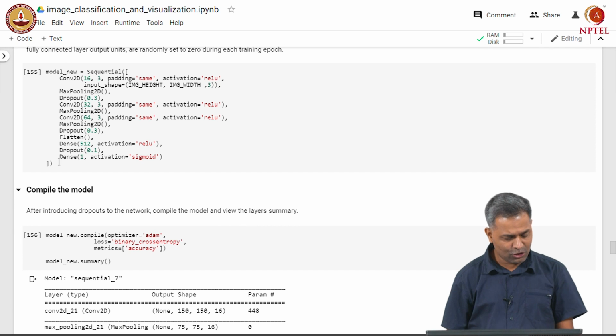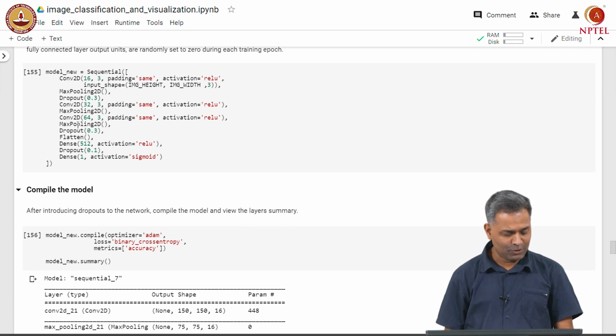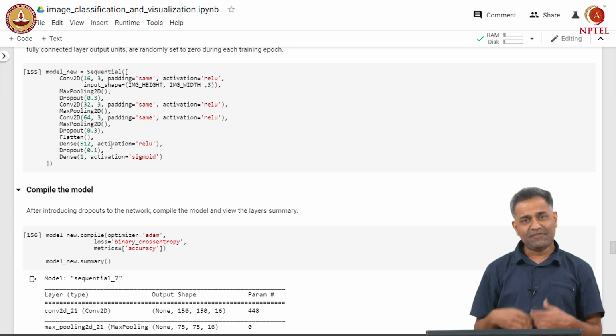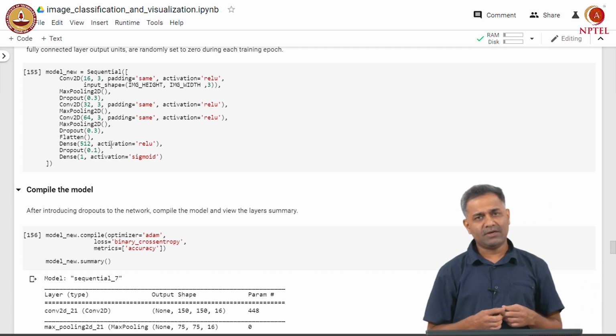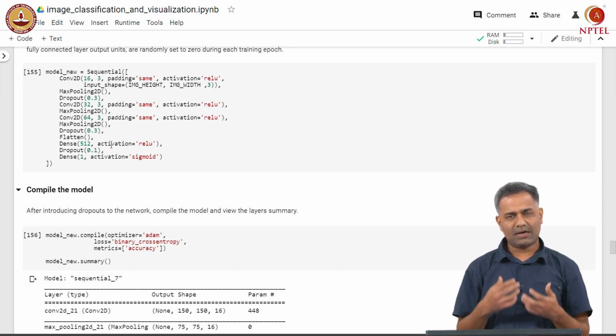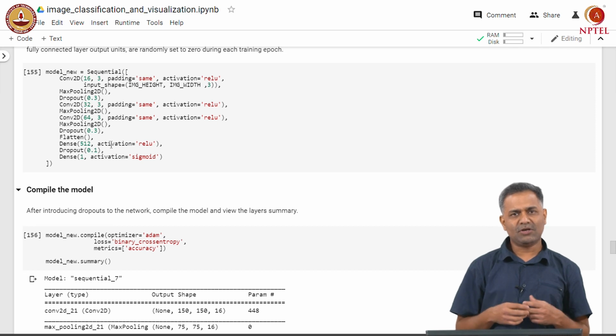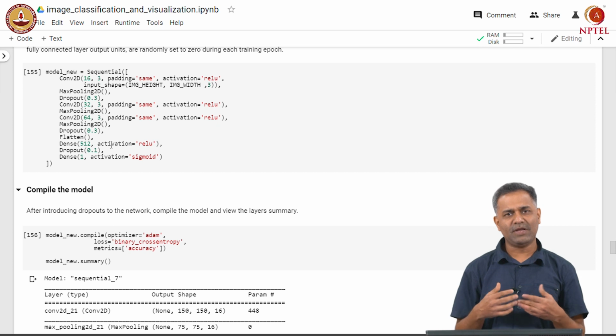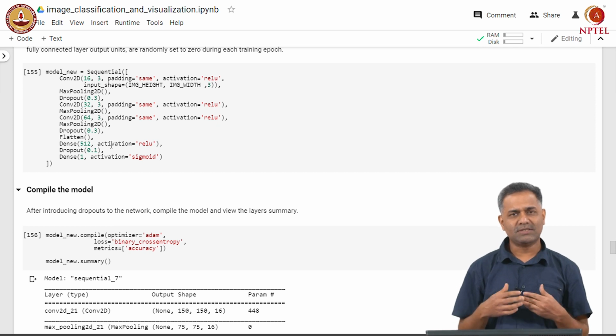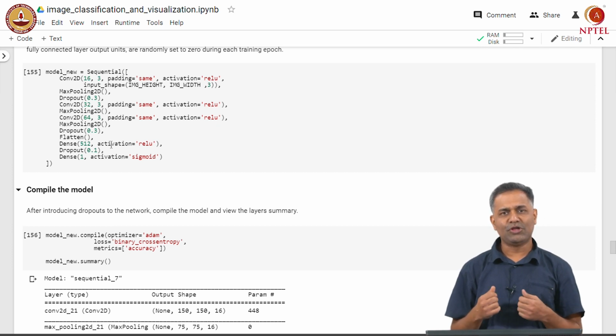We add a dropout of 0.3 each after a couple of max pooling layers and a dropout of 0.1 after the fully connected layer. The effect of the dropout is that randomly 30% of max pooling nodes and 10% of fully connected nodes are set to 0 during each epoch.